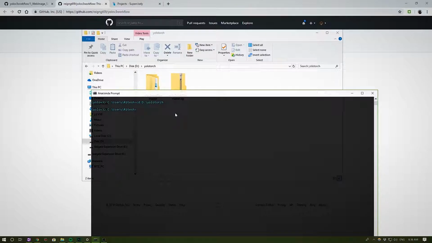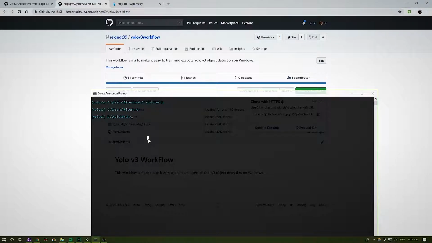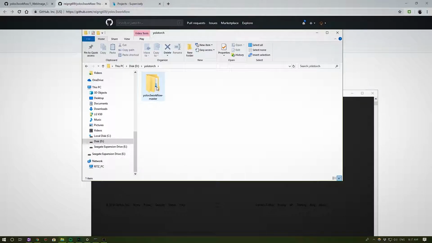If you're using a different drive, you can just change the drive with this command over here. You can go over here, click copy, and git clone right over here. Git clone and paste. Then go into the folder